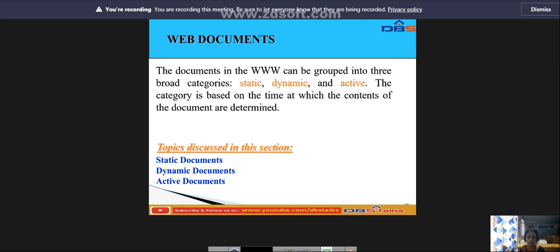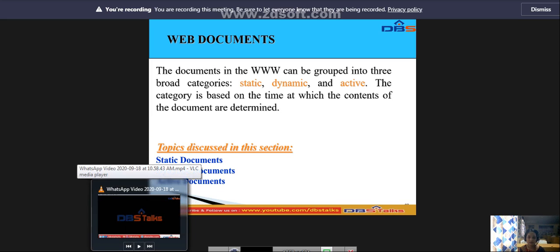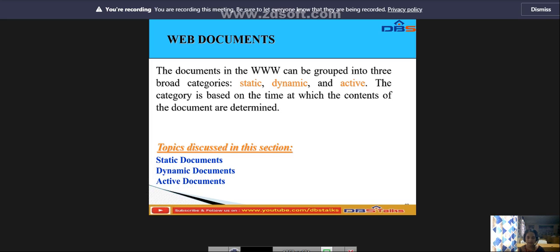So now only I told that static document. In the static document we have the fixed content, content documents that are created and stored in the server. The client gets a copy of the document. In other words, the content is determined when the files are created, not when it is used. Static documents are prepared using one of several languages, that is HTML, XML, and XSL,